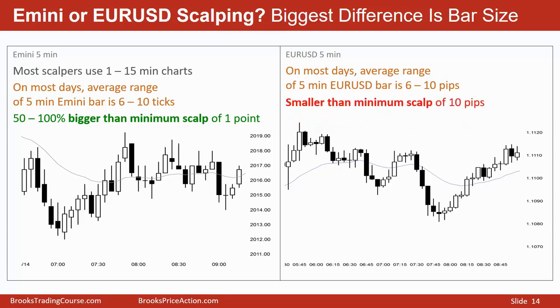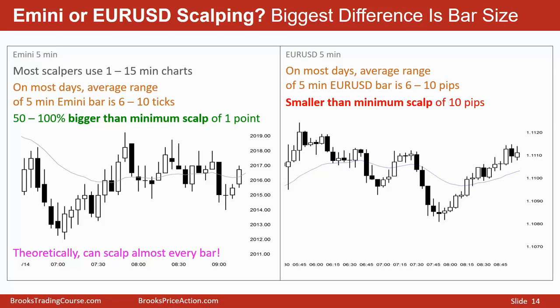Because the minimum scalp in a forex market should be 10 pips. In other words, the average bar size in the forex market is smaller than the minimum scalp size. The average bar in the E-mini is bigger than the minimum scalp size. And the result is, if the average bar is bigger than the minimum scalp, you can scalp on almost every